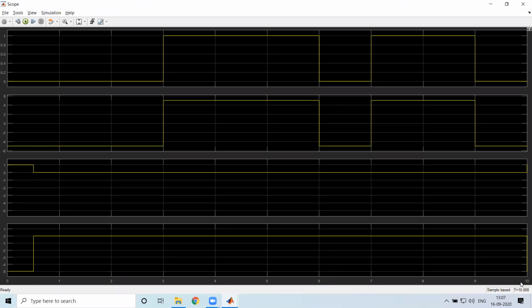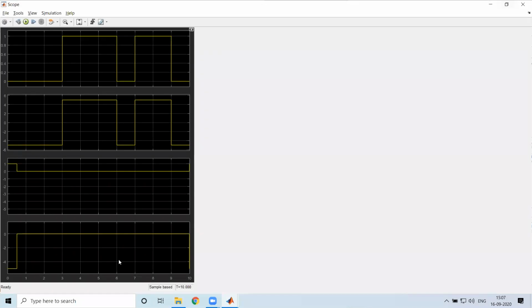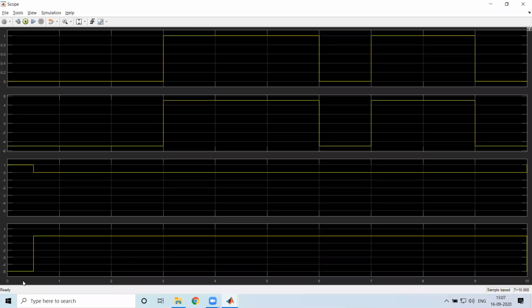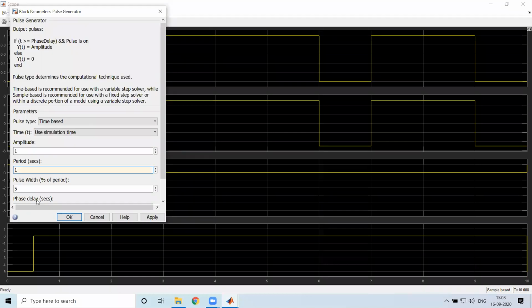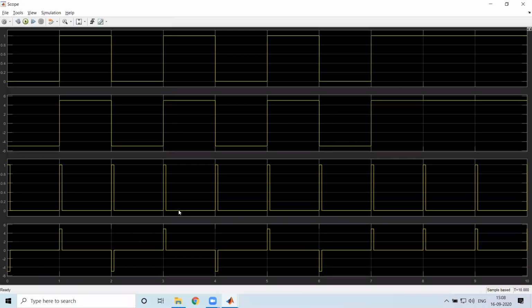After 10 seconds it repeats, but I don't want it at 10 seconds. In our case, 1 bit duration is 1 second, so every 1 second it should repeat itself. So I'll make it 1 second, apply this, and see what happens to the overall result.